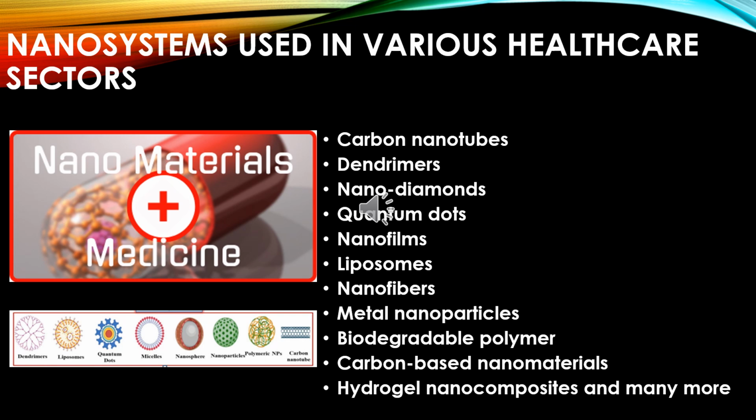The second one is dendrimer. We know that a dendrimer has a branched structure. So dendrimers are naturally biodegradable nanopolymers. They are macromolecule nanostructures. They are globular in shape because of the presence of branched layers. They vary in size, ranging from 1 to 10 nanometers, and they can easily penetrate the cell membrane by means of their lipophilic nature.